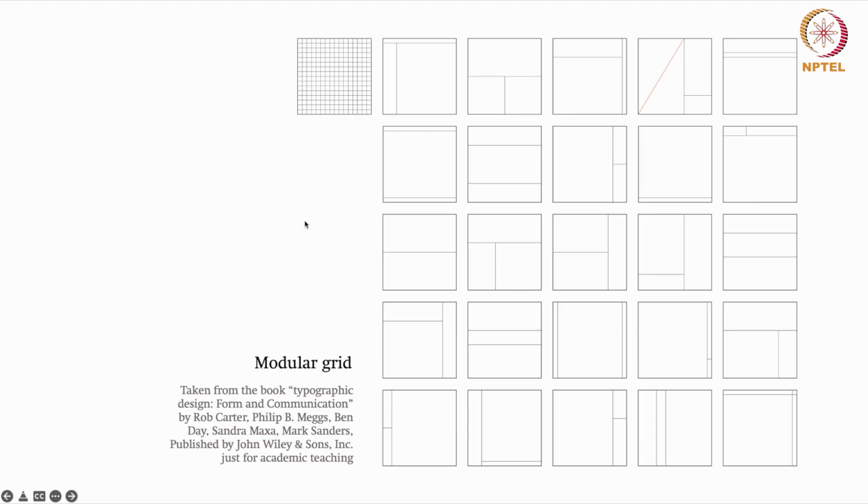Then if you go to the next grid system, which is modular, basically it is in terms of modules. Here in this image the whole square has been divided into small squares, each acting as a module. The benefit of this kind of grid is that it gives you immense power in dividing the space. So this can be translated into these many layouts. The basic unit is this small square. Many times you just combine the top squares and make this one unit, and this is another unit, and this is.